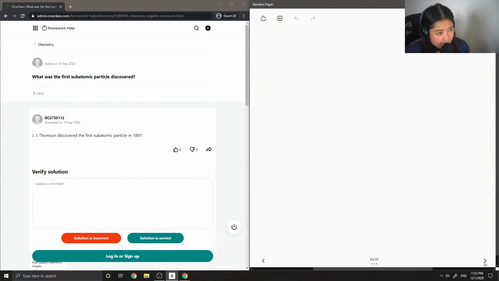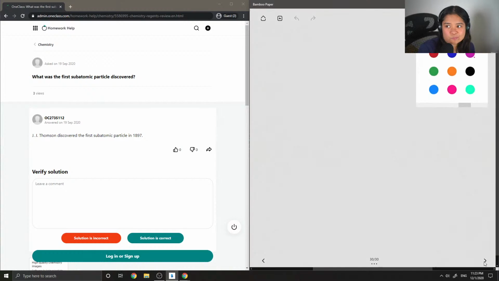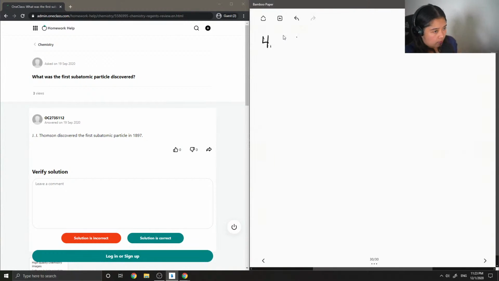On to question number 4. What was the first subatomic particle discovered? So the first subatomic particle discovered, it was the electron. And it was discovered by J.J. Thomson